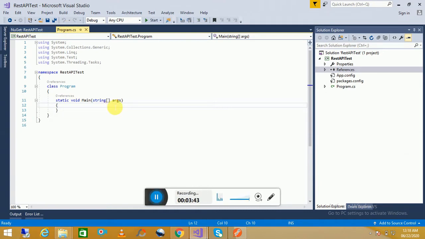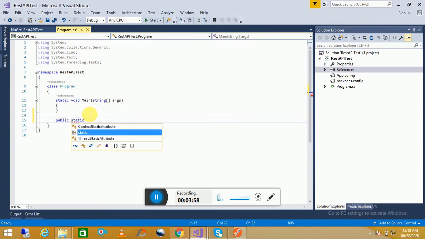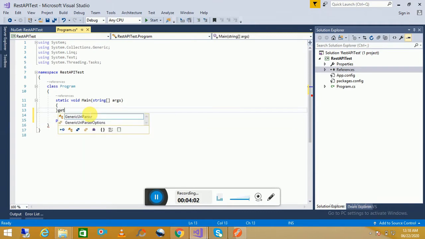Now we have to create a function using which we can call the API. So I am creating here a function, get employee data.